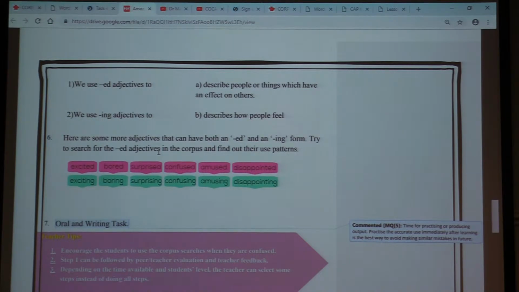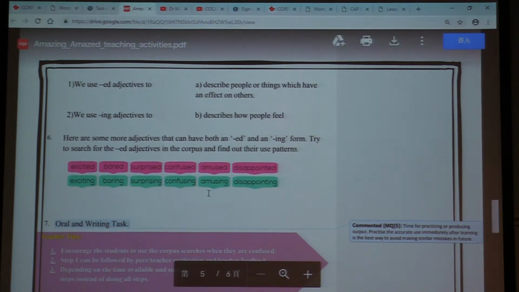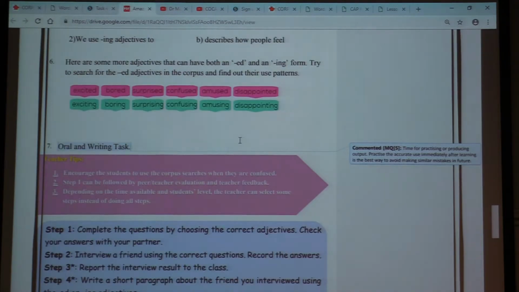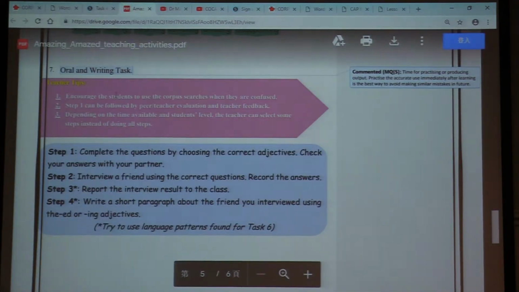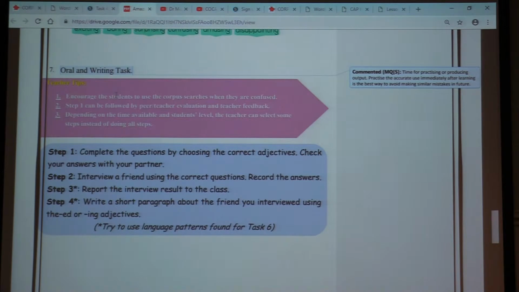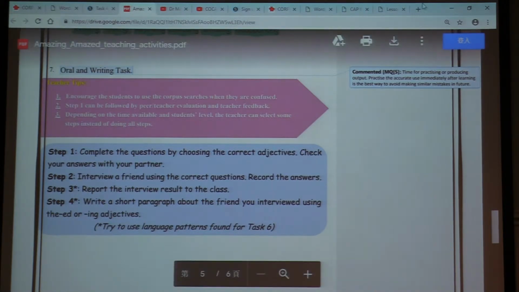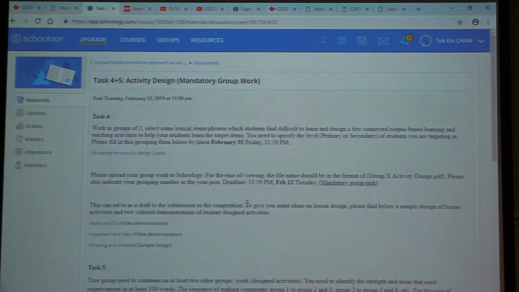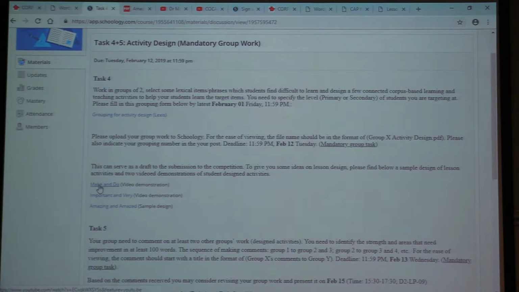And then finally, you can ask them to do some extension. Now they have differentiated amazed and amazing. They can extend the learning to other similar adjectives, like excited, exciting, bored and boring, similar in nature, right? We can do some oral and writing tasks to consolidate learning. Now I'm not going to show you; you can just take a look by yourself. So that's one example I'm going to show you, and also one made by our MATESA student, Angel.